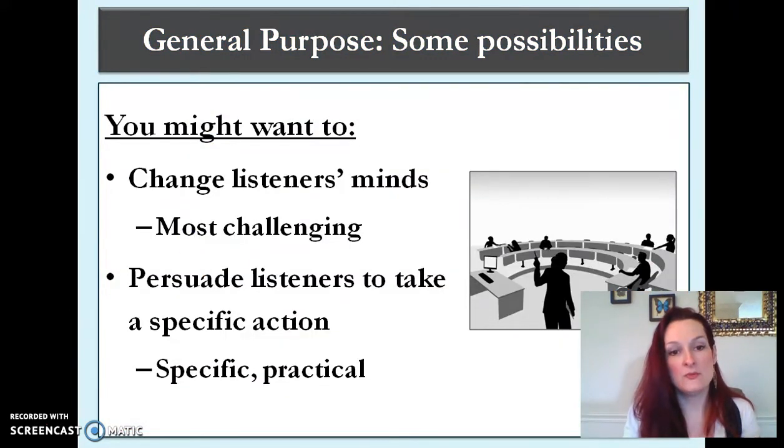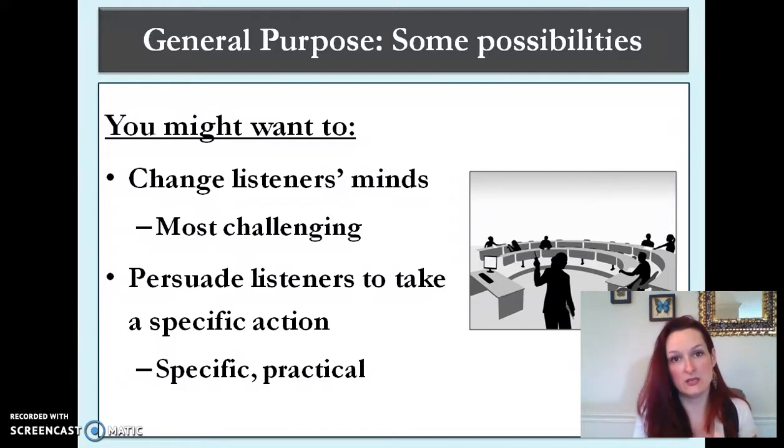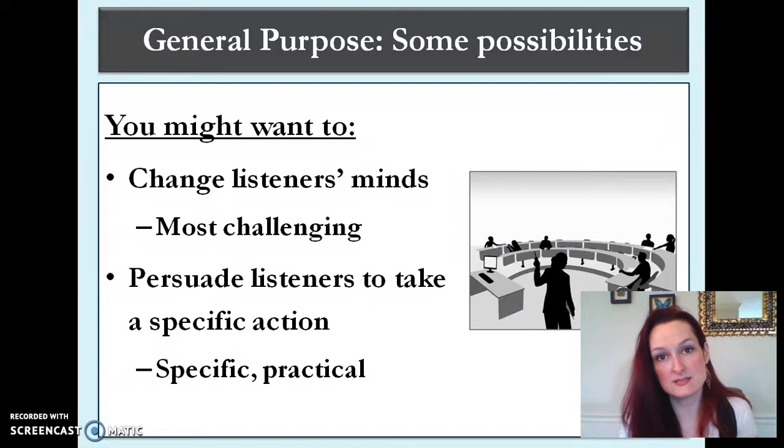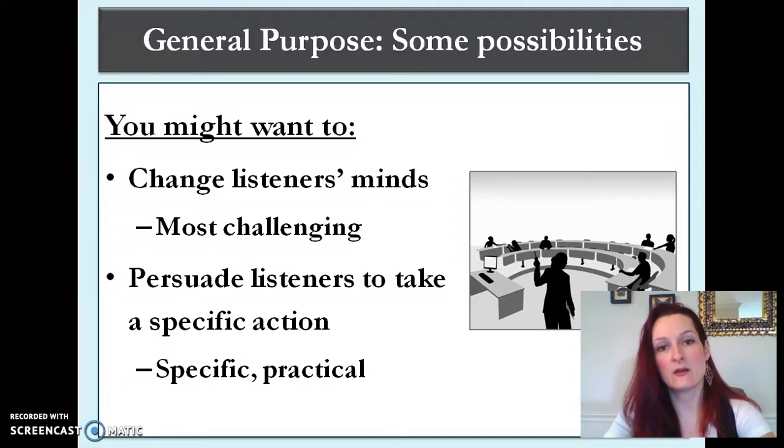Some more, you might want to change your listeners' minds about something. Now that's the most challenging general purpose of all, because how many of us have ever really succeeded at completely flipping somebody 180 degrees from an opinion? It happens, absolutely it does, and it's a worthwhile goal sometimes. So that's another potential general purpose. And one more is to persuade them to take a specific action. This one is good for nurses because it's specific, it's practical. This one comes up a lot in the type of presentations that you guys do, because a big part of